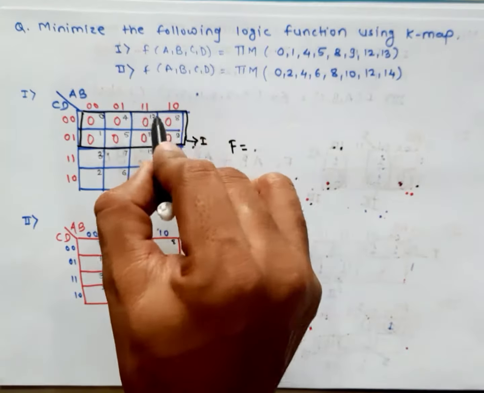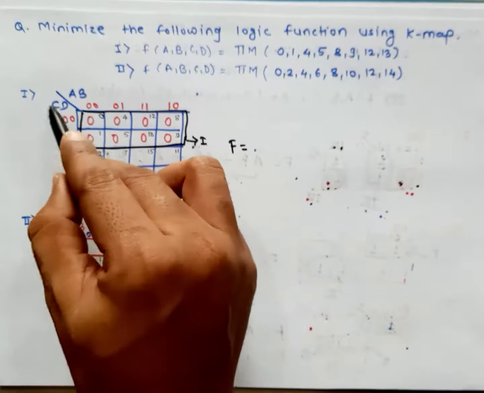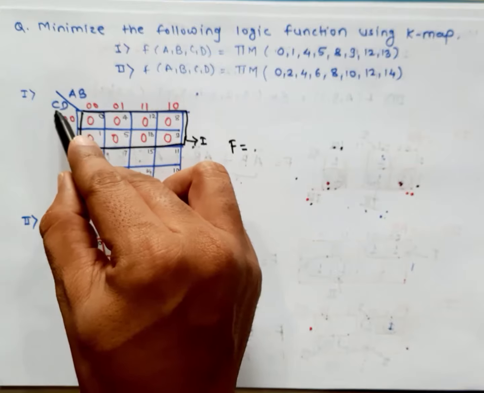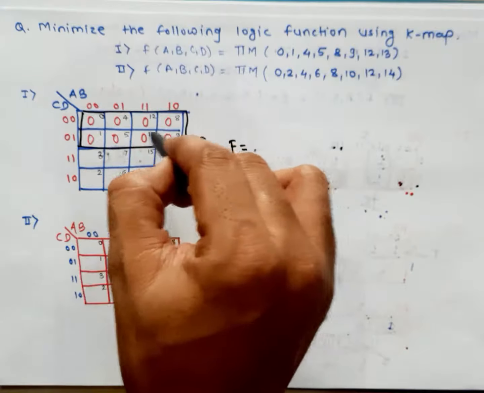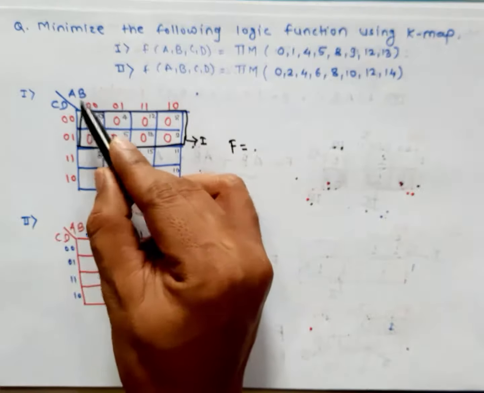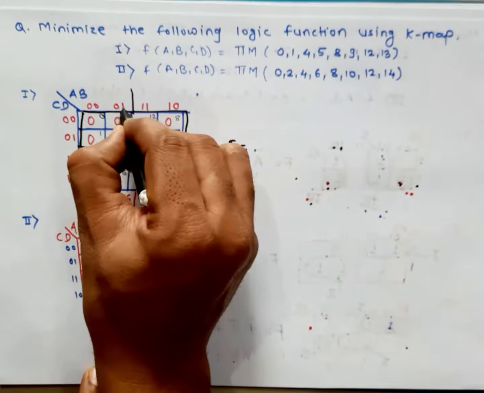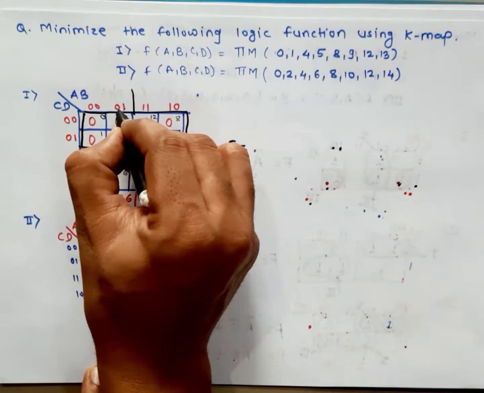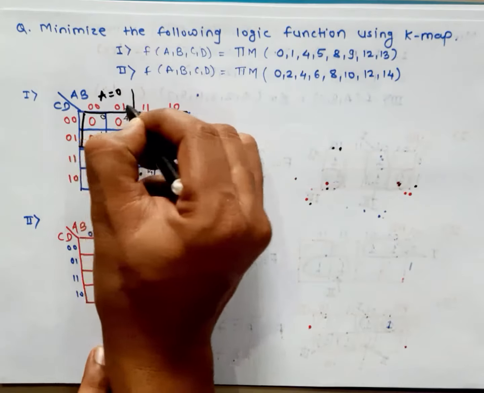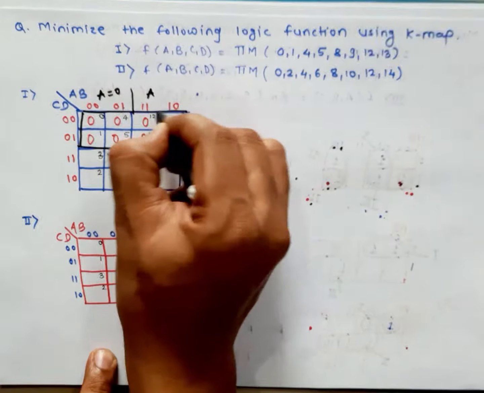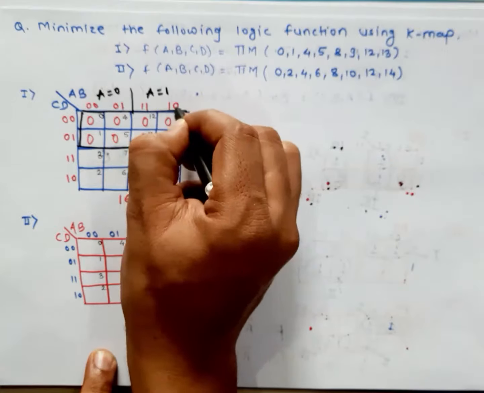We already discussed in previous lecture, if the vertical group is there, all rows are considered, then the downside variables, that is C and D, get eliminated. It is a horizontal group, all 4 columns are considered. So what happens? A and B get eliminated. We will see how it is eliminated. Now consider these first 2 columns. Here A value is 0 in both cases and B is 0 and 1, so B gets eliminated. Here A value in both cases is 1 and B gets eliminated because 1 and 0.